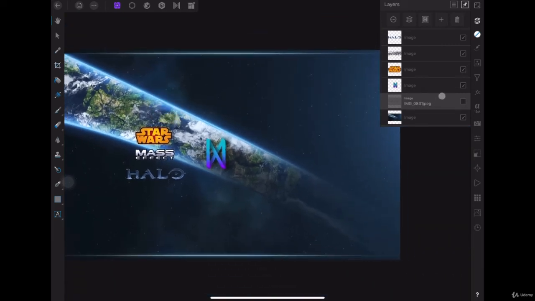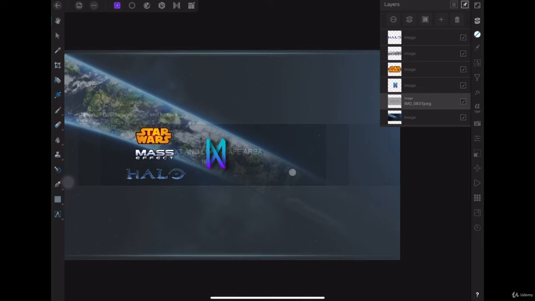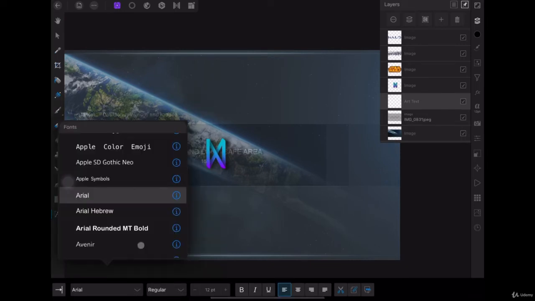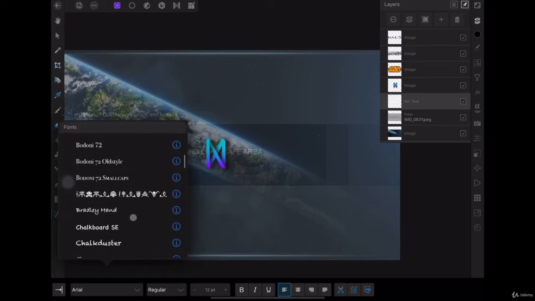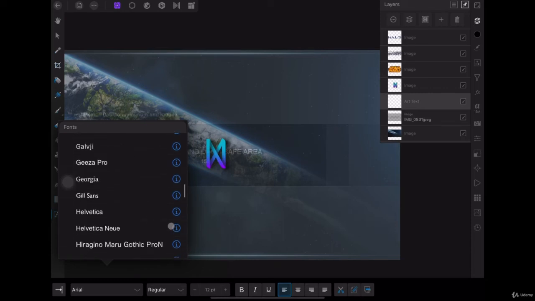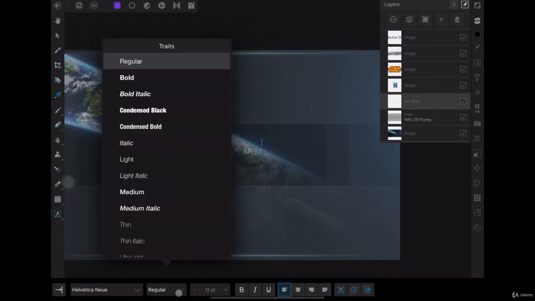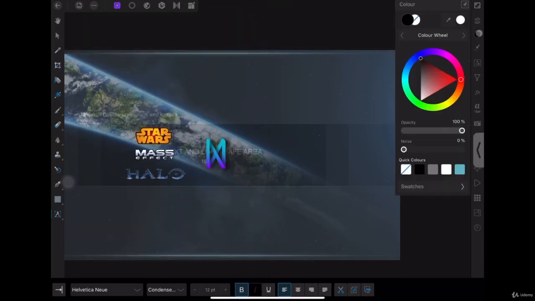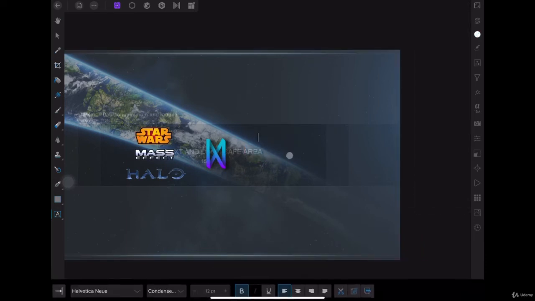Now, what we need afterwards is text right here. I'm gonna use a text tool and put it right here. First, I'm gonna choose my font. You can choose whatever font you want. I use Helvetica, and I use condensed black very often. What I will do then is change it to the color white, and then I'm gonna type some text, and this will be